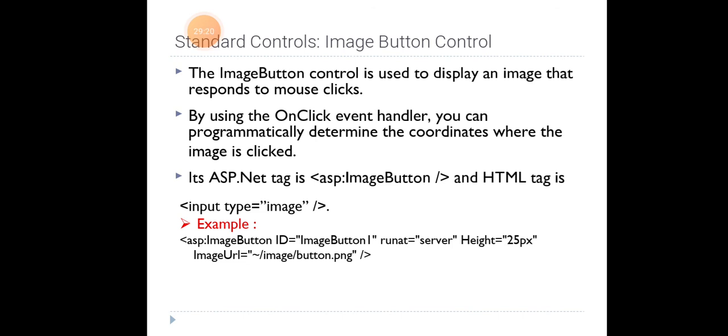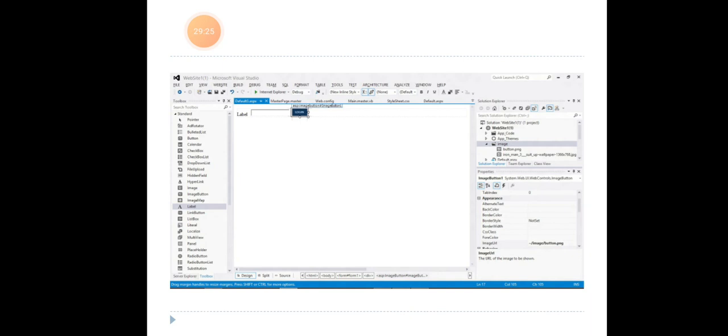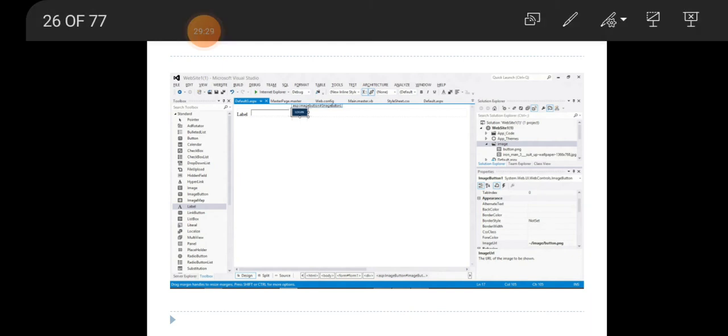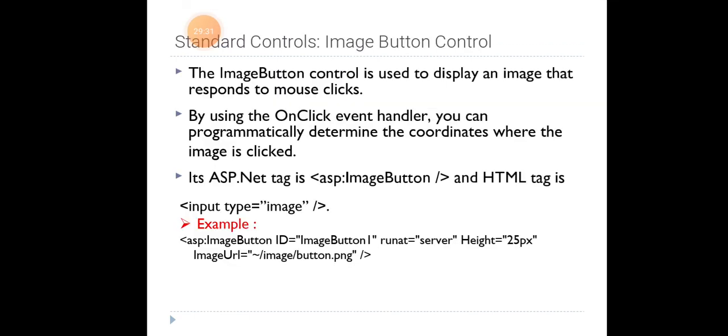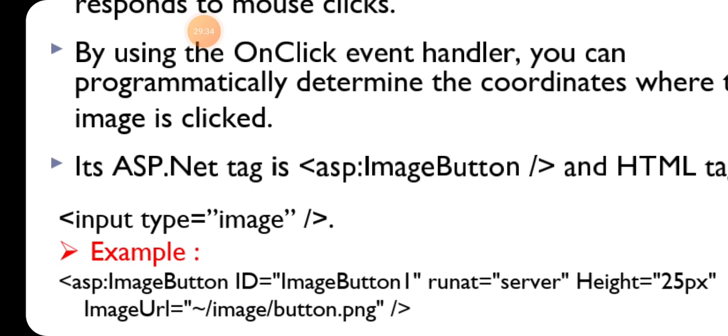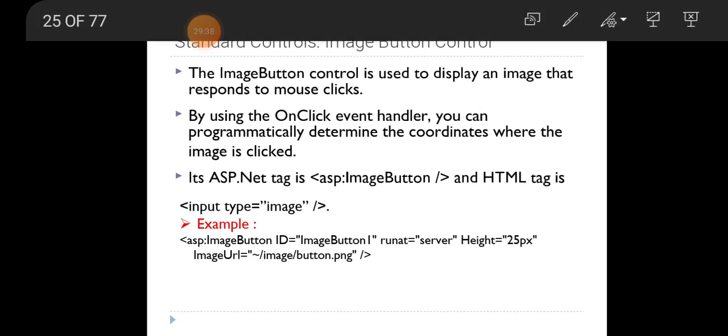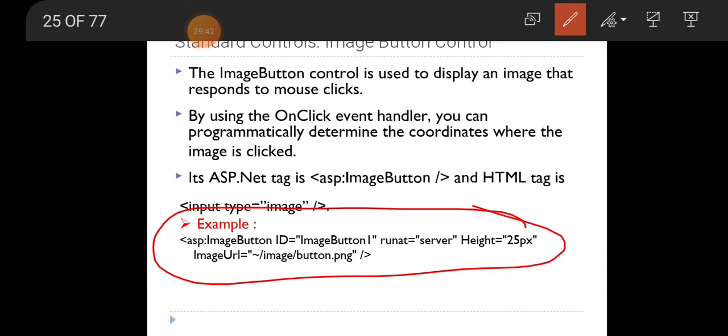While we are adding the image button, the page will automatically create the code ASP colon image button id equal to image button 1, runat equal to server, height equal to, we specify the image button height and width and also specify the image URL.